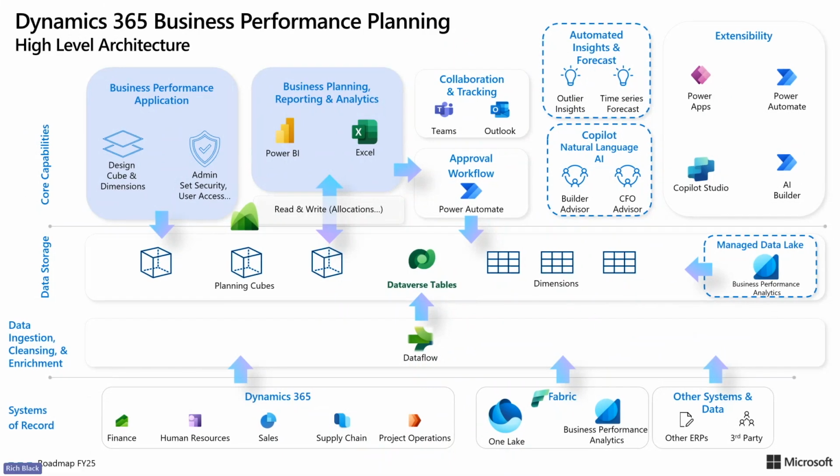So at a high level, this slide illustrates what the technical architecture of our BPP system looks like. This architecture outlines some of the key technical components and how they interact to support the planning process. The most important takeaway here is that the various components are all part of the D365 ecosystem. They're easily integrated with D365 sales, service, finance, and more using common tools like Power BI, Excel, the Dataverse, Power Automate, and Power Apps, which can all be leveraged not just for BPP, but for various aspects